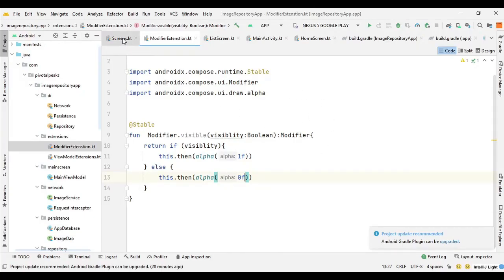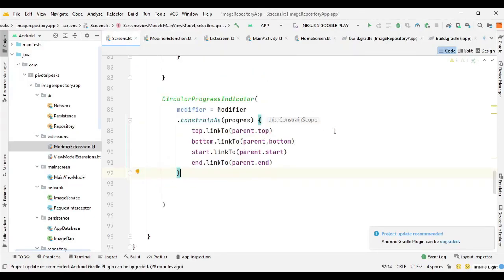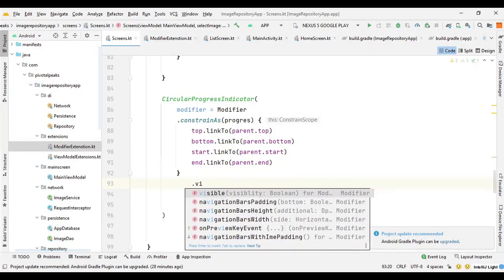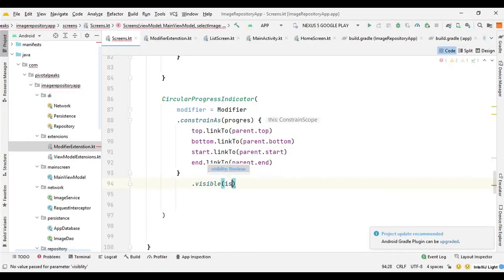So back to screens. Here we can now say .visible, and we can pass the isLoading. So that's it for this section, and from next section we will be building our main screen.